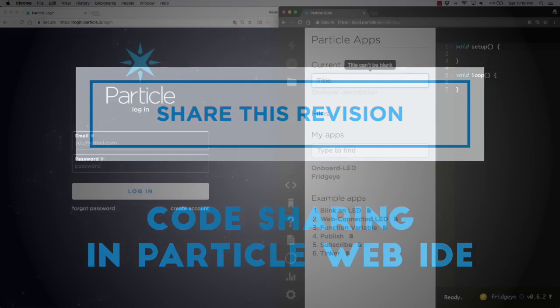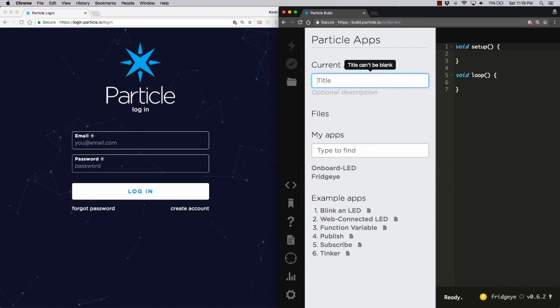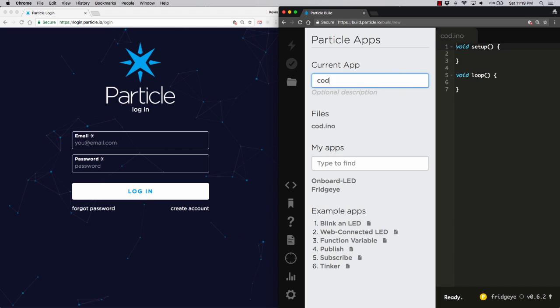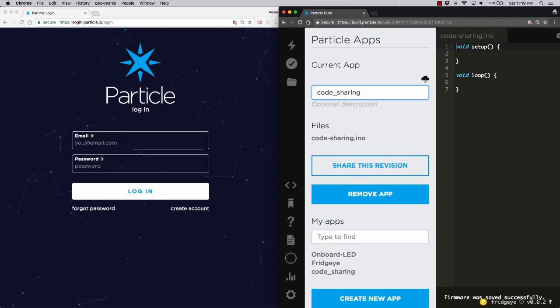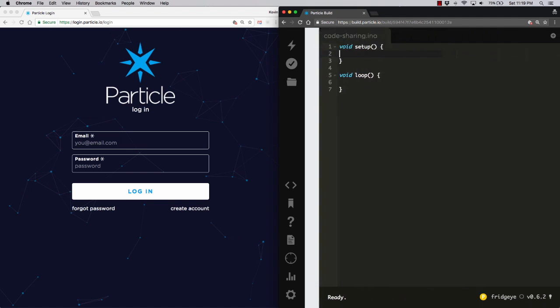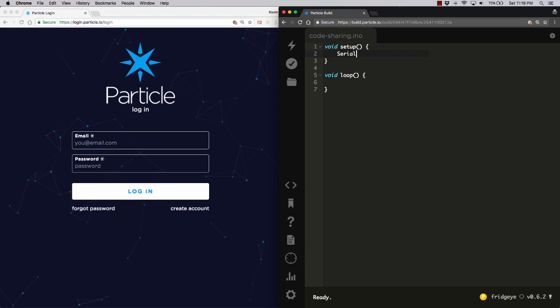Let's take a look. To get started, I have a window open here on the right, and I'm logged into my Particle account, and I'm going to create a new application. We'll call it code sharing. And I'm just going to write a little bit of code here. Serial.begin, and I'll come down in the loop. And I'm going to put a defect in here on purpose. I'm just going to say print L without the N. Code sharing. Need a semicolon up there. Okay, and as you'll see, if I click verify,